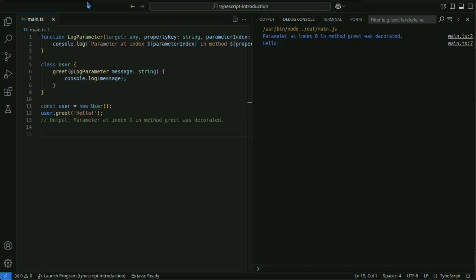In this example, the log parameter decorator is applied to the first parameter of the greet method, and when the method is called, it logs that the parameter is decorated.